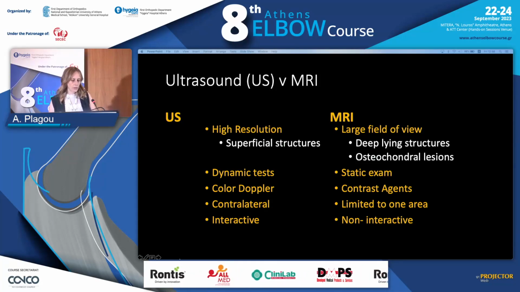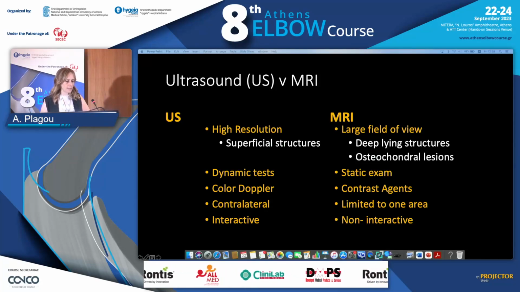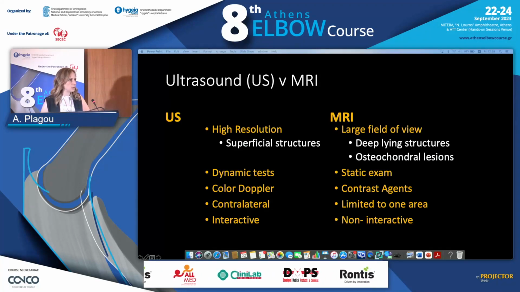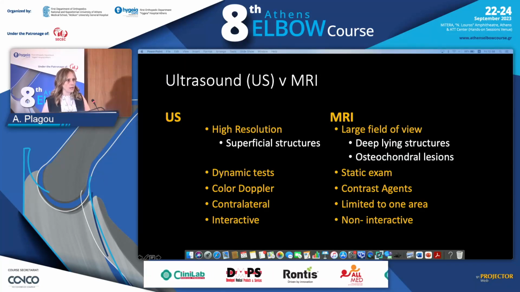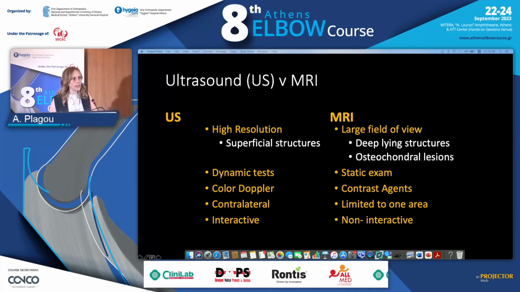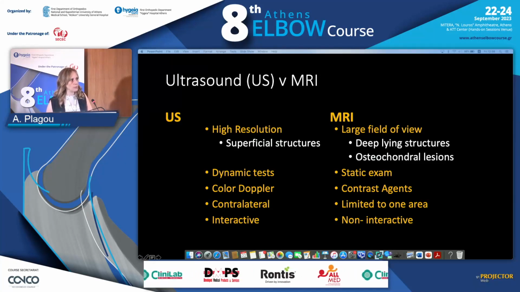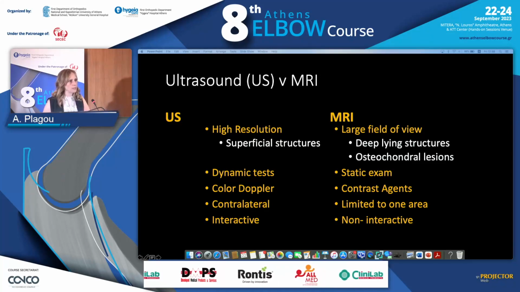Color Doppler is very useful for assessing tendonitis, and we do not have to inject contrast agents as we do in the case of MRI. A very big advantage is the contralateral comparison. We have the other arm we can examine at the same time. And in MSK imaging, we don't really have any normal values. So it's very important to check in each patient what is the caliber of his other normal hand, and then speak about